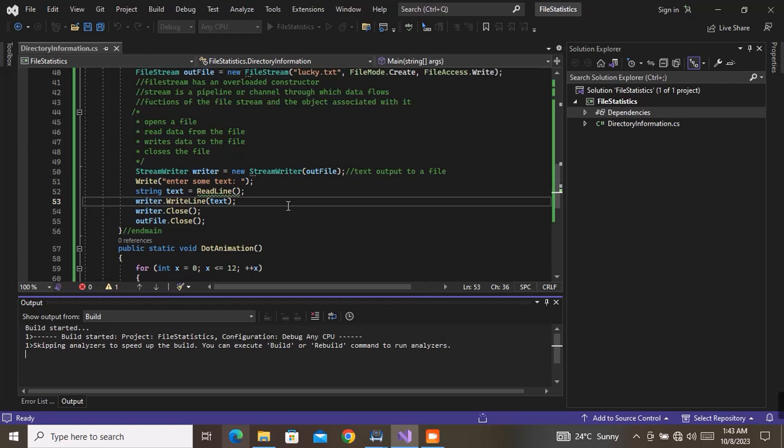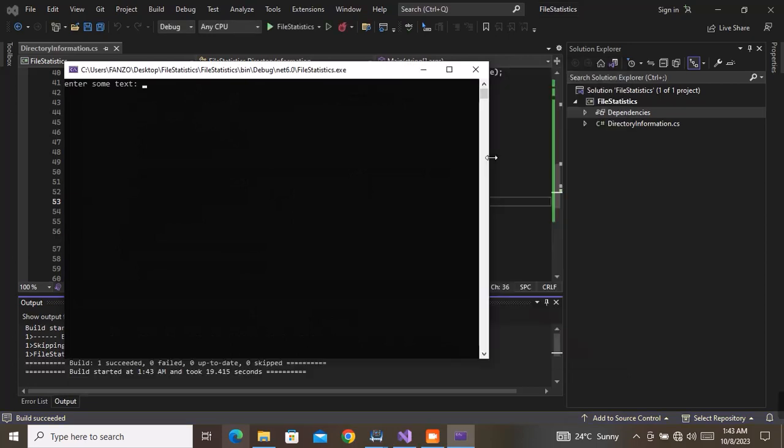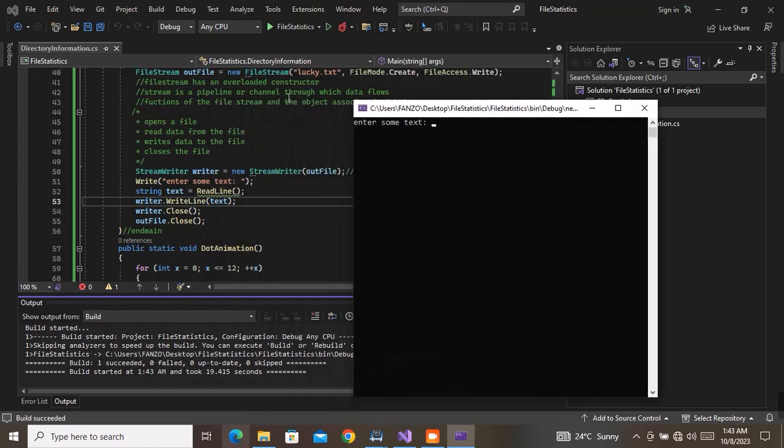So let's just run this and show you exactly what is going to happen here. So here we are. I know the name of the file will be lucky.txt. Now it says enter some text. So I'm going to just say there are